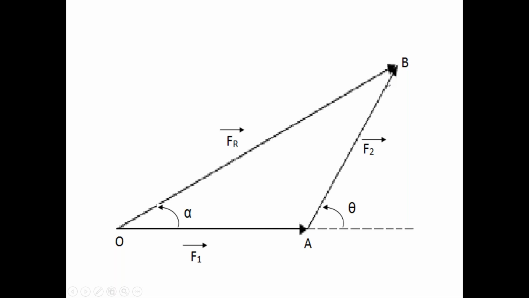So we consider force F1 bar as one side of the triangle, that is OA, and force F2 bar as the second side of the triangle, AB. So in the triangle law of forces, take force F1 bar as one side of the triangle and force F2 bar as the second side, so that the direction of the first side is followed by the direction of the second side. That is called same order. Then take the third side of the triangle. What is the third side? OB.